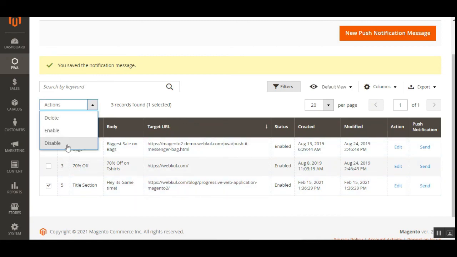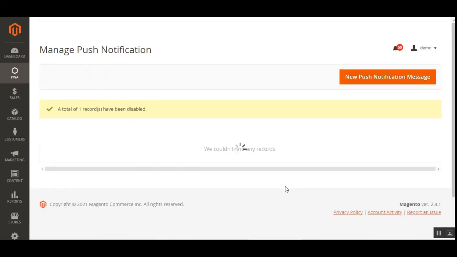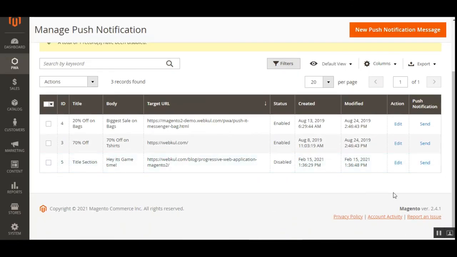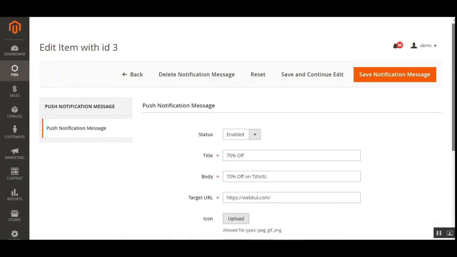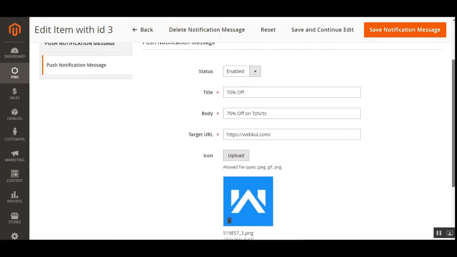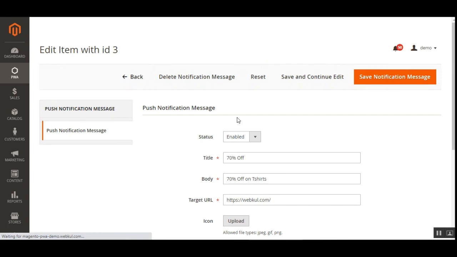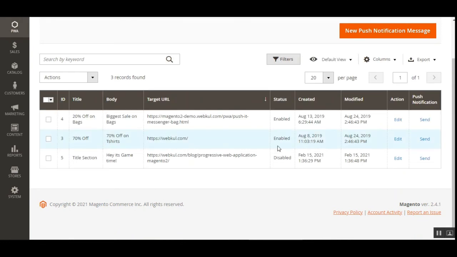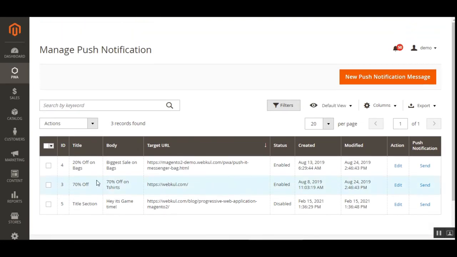You can also alter the status as disabled from here. So now let's see if it gets disabled or not. Initially it was selected as enabled, but now I've disabled it. All right. So from here we can send the push notifications as well. We can edit any of the created ones. If I tap here on the edit link under the actions column, we can find the push notification message, the target URL, and the icon as well. So from here we can make the changes, and we can also delete it from the respective opened push notification as well. So that's how the admin can create the push notifications from the backend.